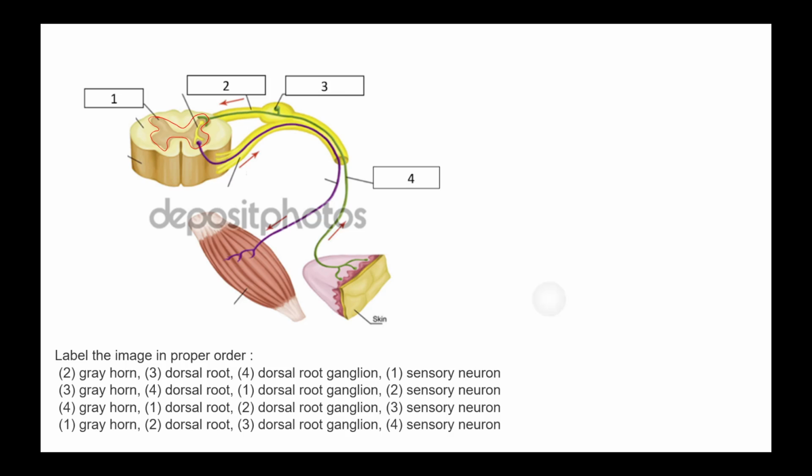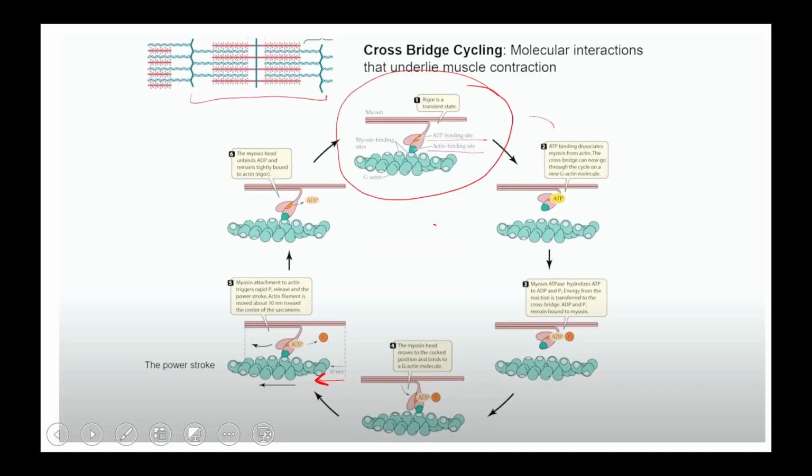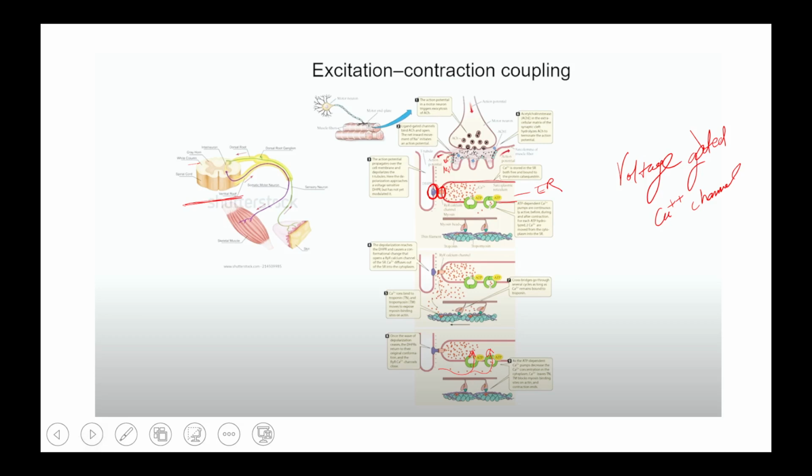So that's it. Majorly we have discussed two important things: the cross bridge cycling of actin and myosin binding and how the sliding movement takes place. As long as the ATP supply is there, the movement of the thick and thin filaments brings the sarcomere lines closer to each other, decreases the size, and causes the contraction of the muscle. And this excitation contraction coupling is also very important, so that also I explained.